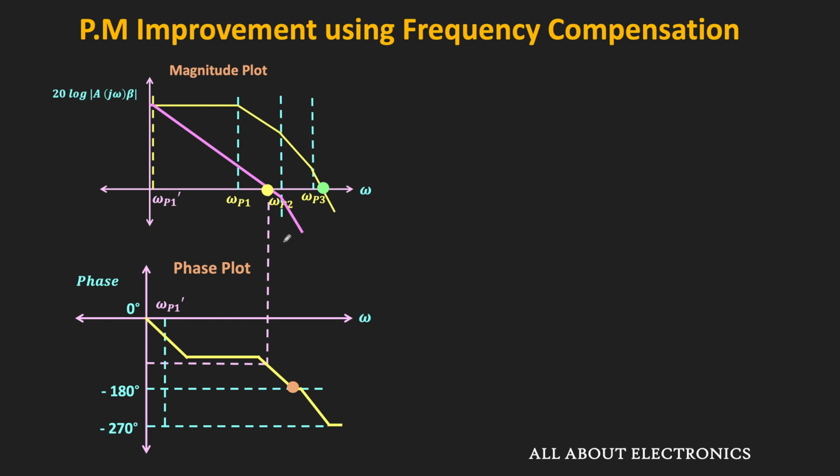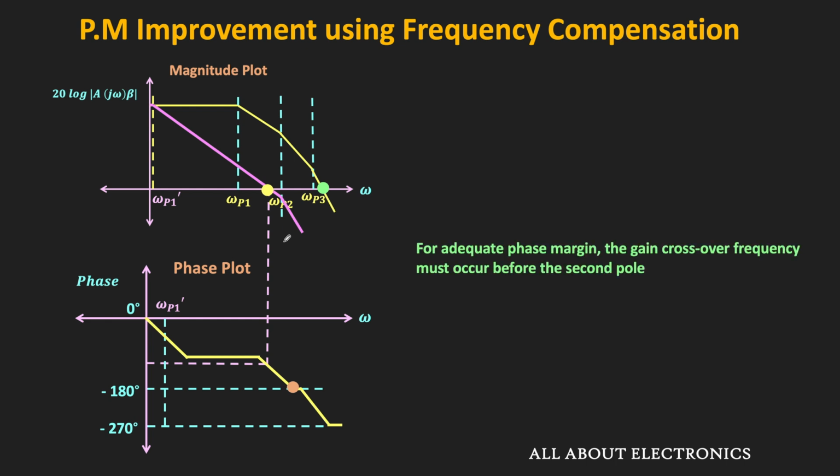So we can say that for the sufficient phase margin, this gain crossover frequency must occur before the second pole. So if this gain crossover frequency occurs before the second pole, then it is possible to get the desired phase margin, and hence we can also ensure the desired stability in the feedback amplifier. So now the question is, to get the desired phase margin, how to find the location of the required dominant pole? So it can be found from the Bode plot